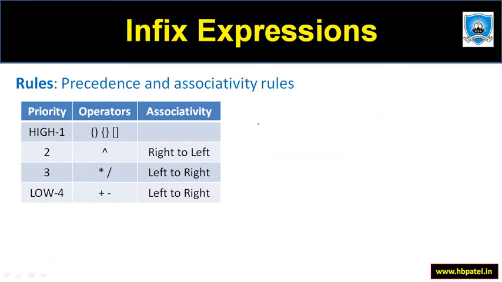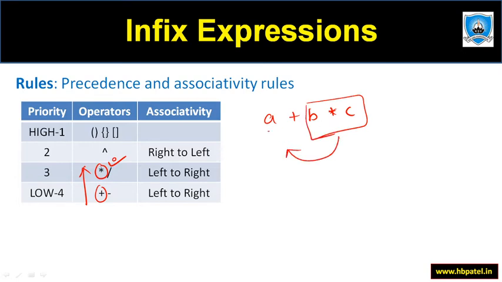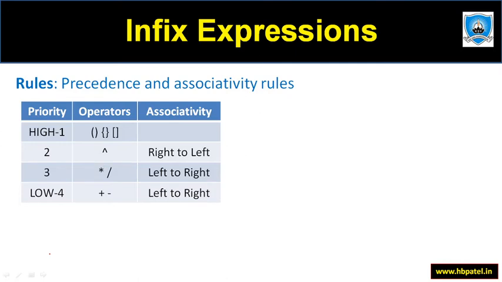Now if we have something like a plus b multiplied by c, that means now we are having multiplication and we are having plus. So in that case you can simply see that multiplication is having higher priority. So this will be done first, and whatever the answer is, that is added into a. So if this is a situation, then there is no issue at all. Alright. So let us move forward.